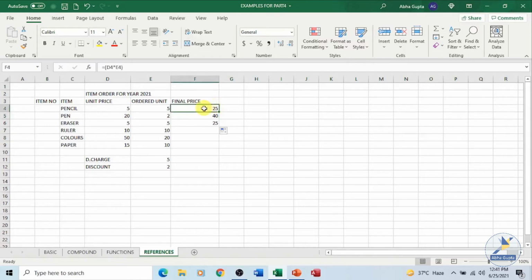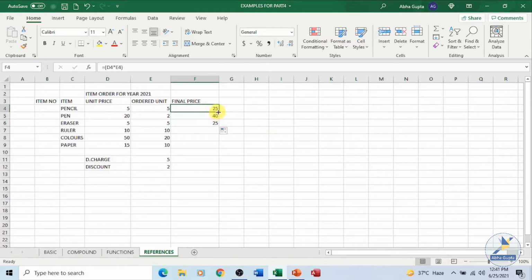Over here, your formula is D4 into E4. The moment the next cell becomes active, the copied formula automatically changes to D5 into E5. For the next cell, the moment the active cell becomes F6, the formula changes to D6 and E6.